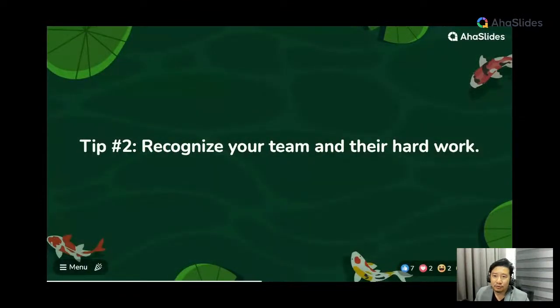So tip number 2, and this is something you should do on a regular basis. It's to recognize your team and their hard work. Now, in a normal case scenario, without AhaSlides, it's actually very difficult to do this. Like, you would have to create an event or opportunity. And in normal cases, a lot of teams use the town halls or the monthly meetings, right? But what if you want to do it every fortnight, just a mini session between your team members, so that you guys bond over the grind, right?